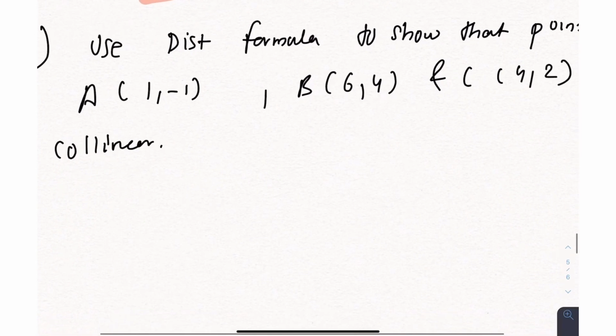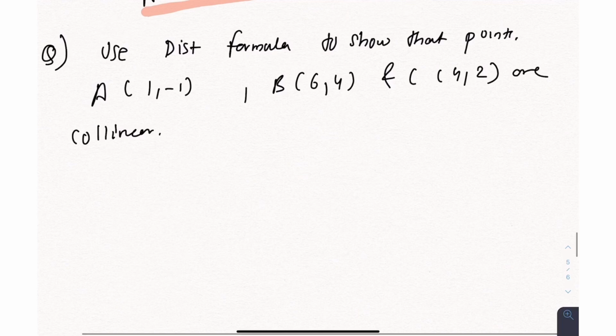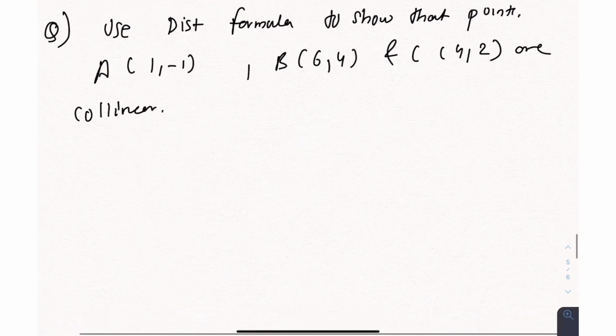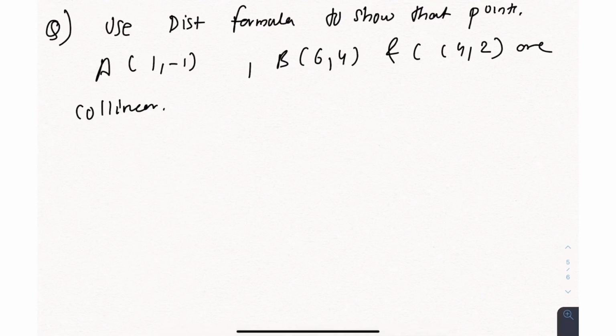So in a similar way, suppose we have to prove the 3 points are collinear. What we need to do is find each distance, guys. So we are going to find distance AB, we'll find distance BC, and we'll find distance AC. So in this case, we'll be finding all three distances, and then we'll see the sum of which two distances is equal to the distance of the third line. So first we'll find the distance of AB, BC, and AC individually.